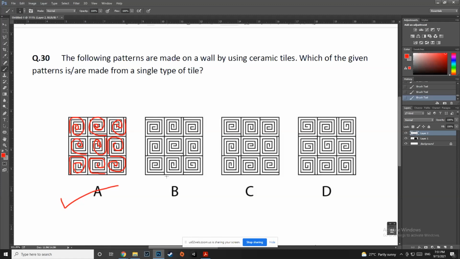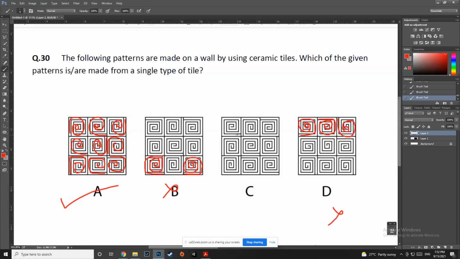Now let us check out option B. I'm just going to check out this one. This is clockwise, right? Everybody agrees. But if you look, this one is anti-clockwise. Does everybody agree? That means at least one of the tiles is mirrored. So this will be wrong, right? Now let us check D. In D, I can see anti-clockwise, right? But right here, you can see that this is clockwise. And then again, you can see that this is anti-clockwise. So it won't be D as well.